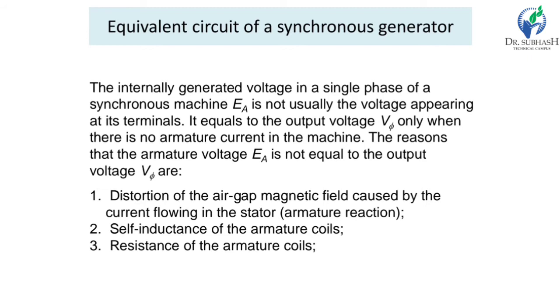The voltage E_A is induced when the rotor is spinning. If the generator terminal is attached to a load, current flows, and the three-phase current flowing in the stator will produce its own magnetic field in the machine. This stator magnetic field distorts the magnetic field produced by the rotor, resulting in a change in the phase voltage. This effect is known as armature reaction, because the current in the armature or stator affects the magnetic field which produced it.